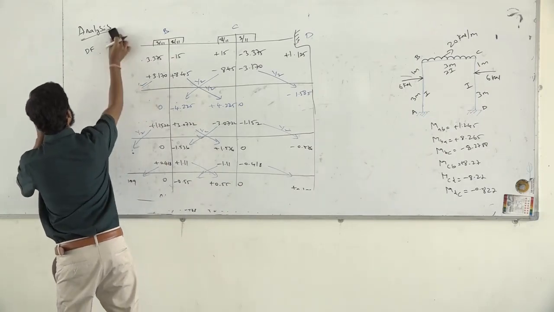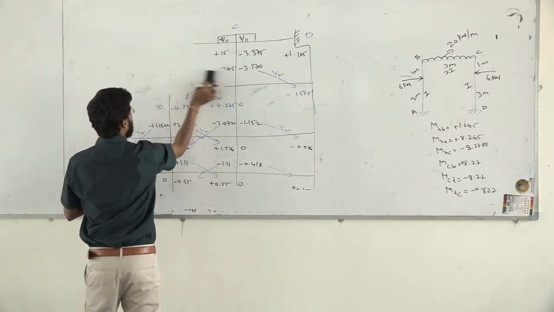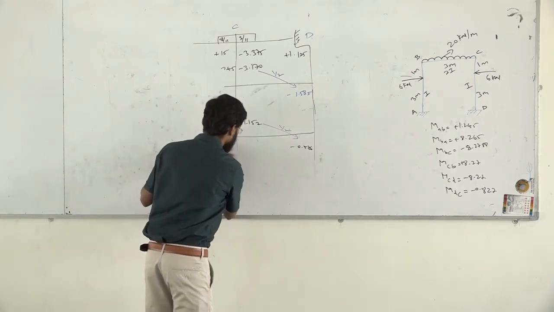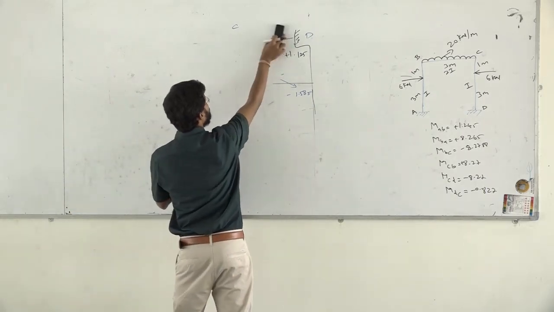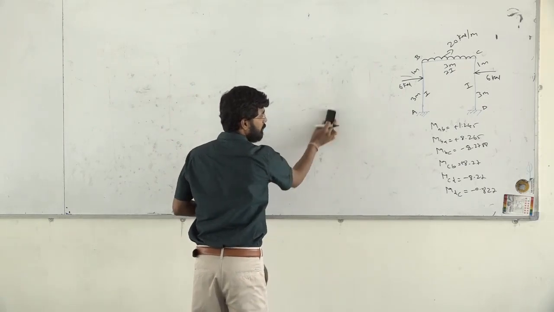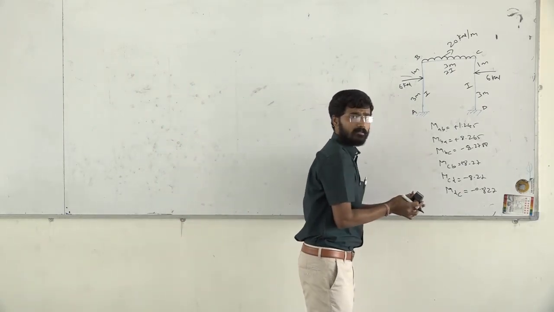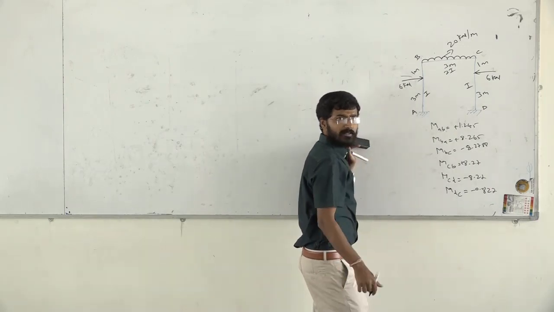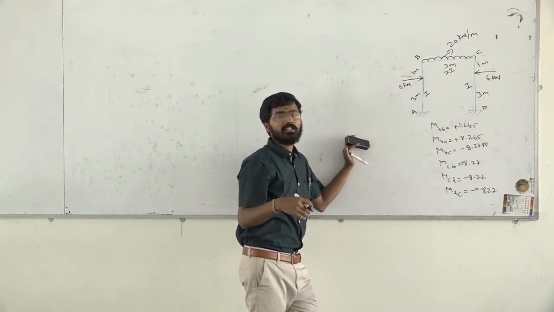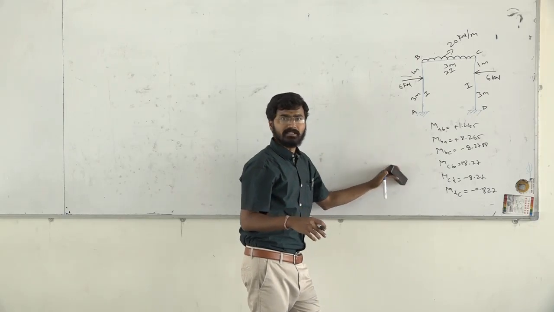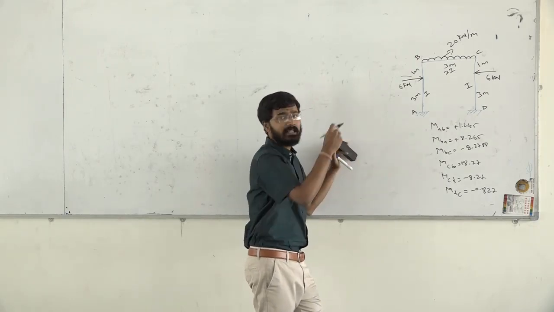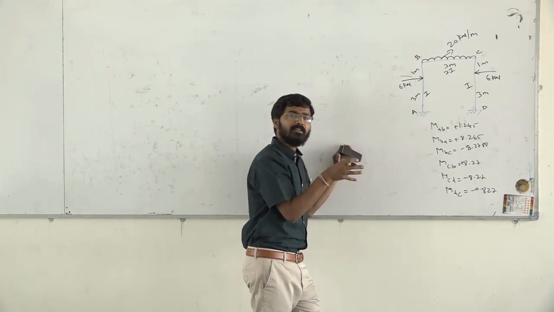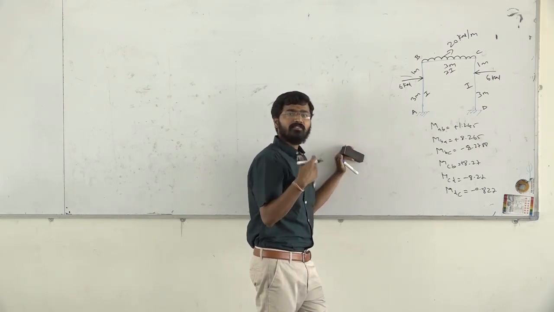Now once we have got our final end moments, we have to draw our SFD and BMD. But before going to SFD and BMD, we know that whenever we come across a portal frame, we have to find out our reactions. To draw the BMD, here we have got only moments at A, B, C and D. But at point A and point D, it is a fixed support. So at a fixed support, we even have a reaction.